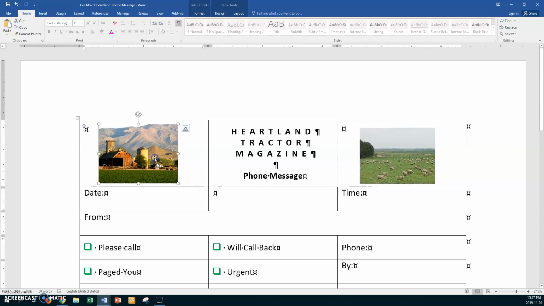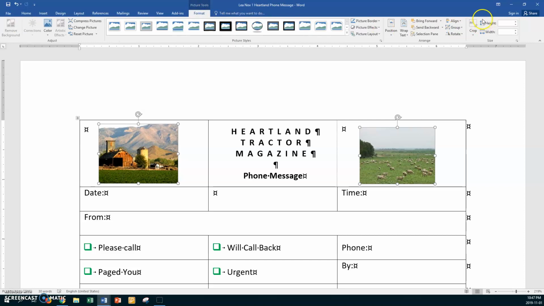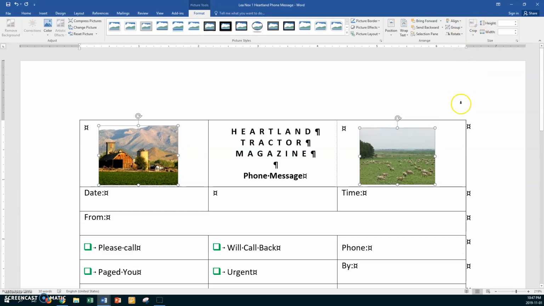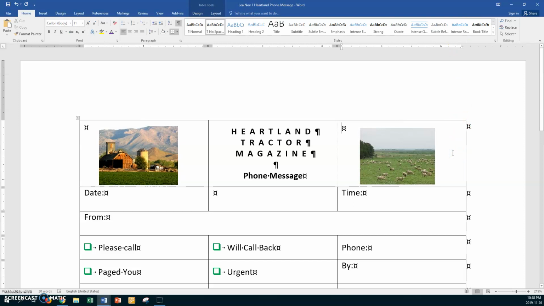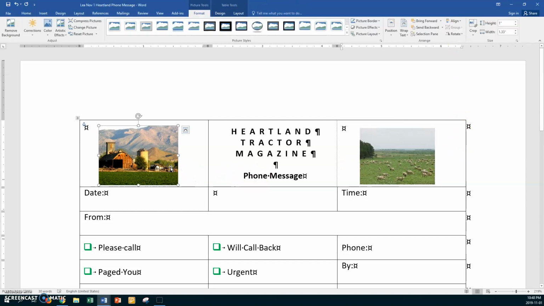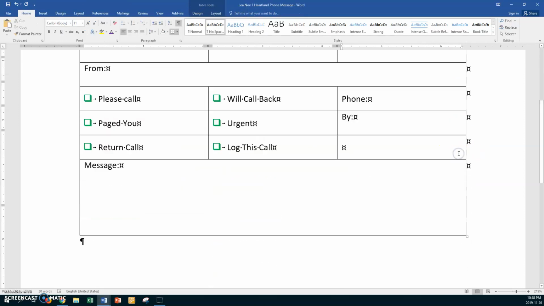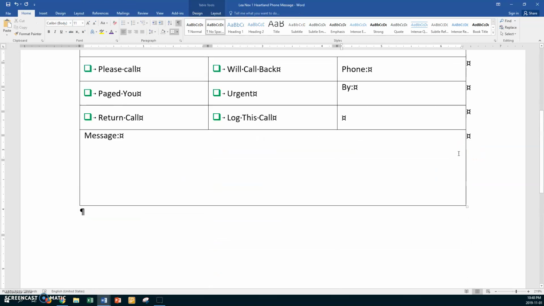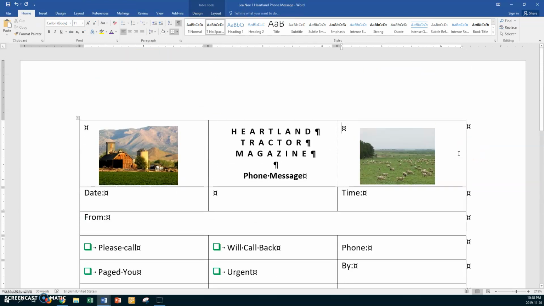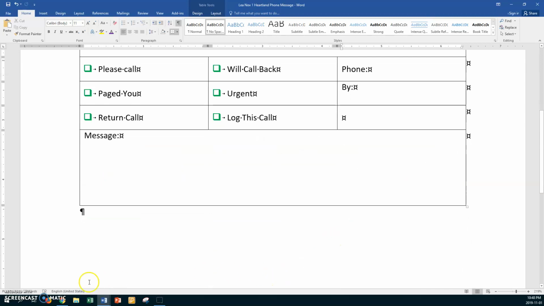Now, if we want these perfectly aligned, you would click on the first one, hold down your Shift key, and click on the second one. And then remember, we go to Format, and this time we will say Align their bottoms. Or we could align their middles. That's good. Now they're perfectly aligned. So that's good. We're happy with that. All right, so there's your pictures, and that's what you were supposed to do in that one. So now we'll stop here, save it, and then we'll stop and